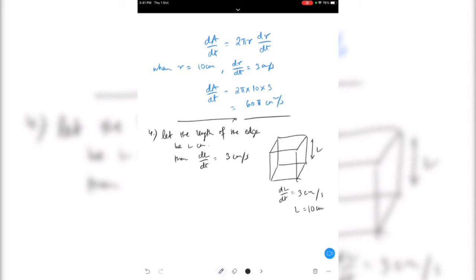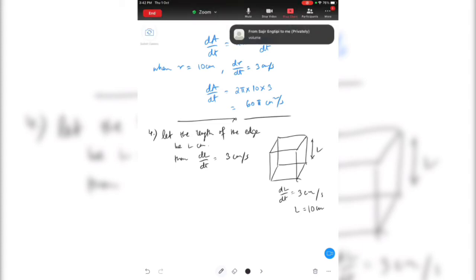Now can anybody tell me what they have asked you to find in here? Read the question and tell me what they have asked you to find. Come on guys, I want an answer from you. Read the question again if you don't understand and then tell me. Jaldi bolo, I have to catch a train.